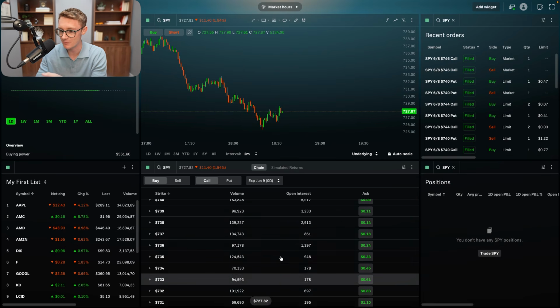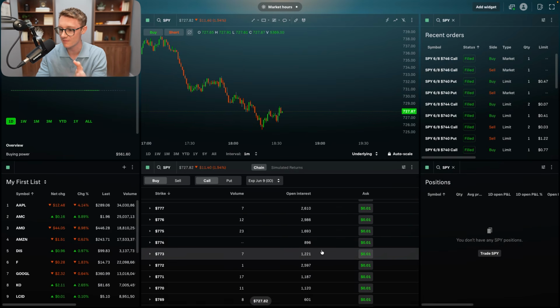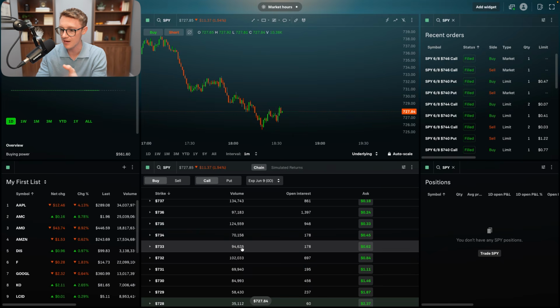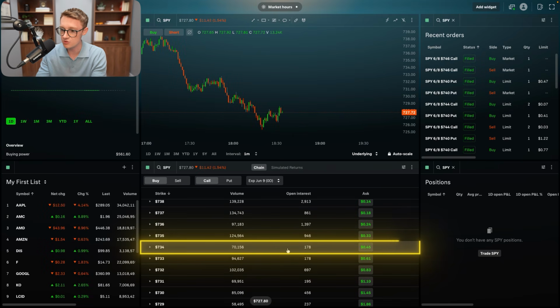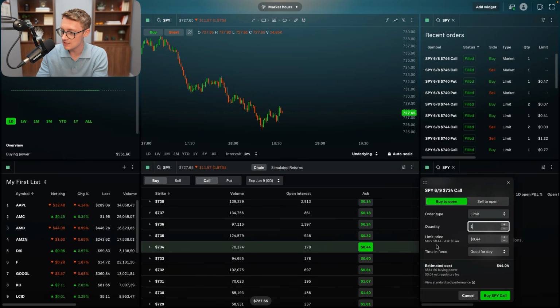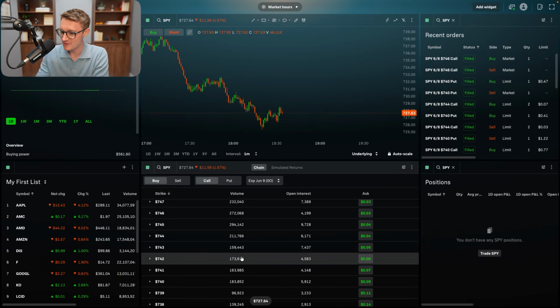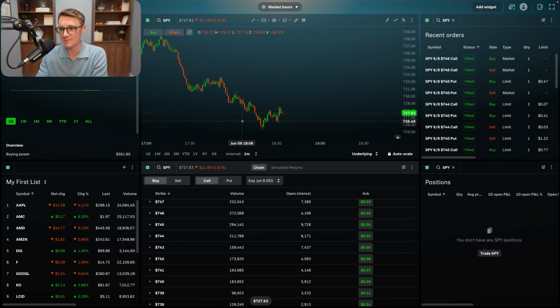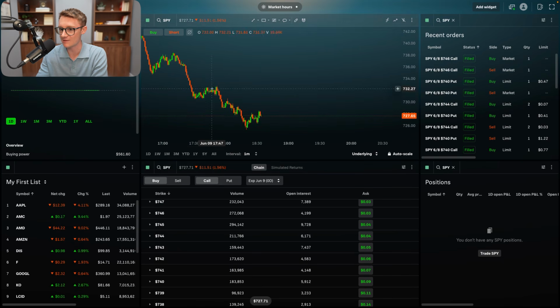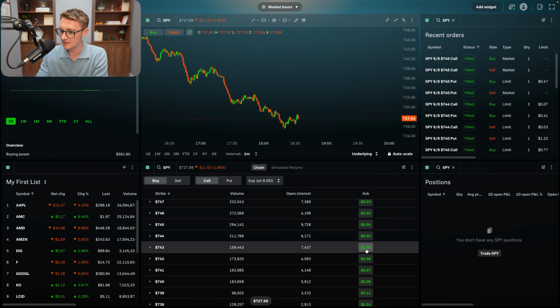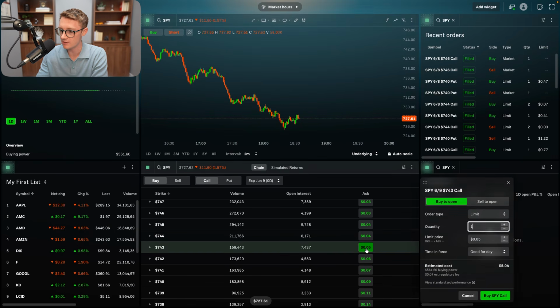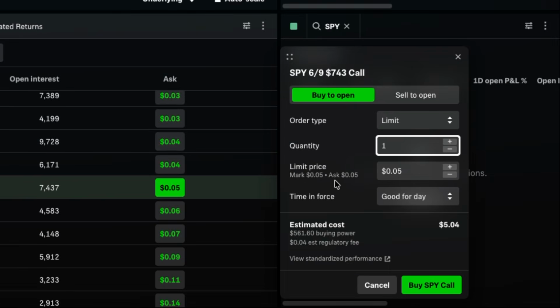Now, if we went to buy contracts that are so far out of the money, make sure they have a little bit of liquidity behind them. Like these have 178 in open interest and 70,000 in volume today. And we clicked on these, well, we could see 44.44. Okay, so these have a ton of volume, but that volume was more than likely earlier today because so far today, if we're looking at the underlying, SPY has pulled back. So if we clicked on these 743 calls, we can see now that our mark is 5 and